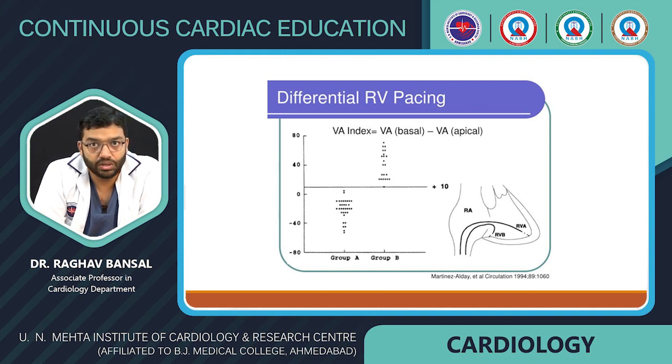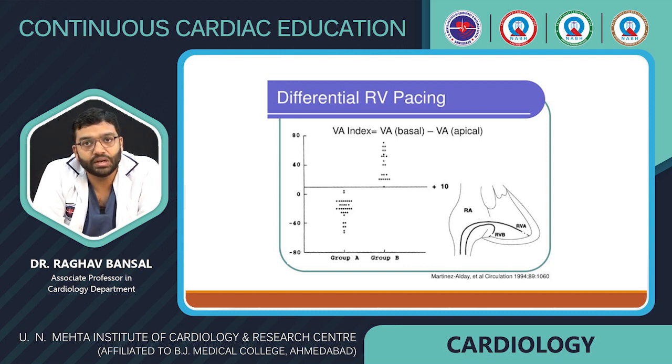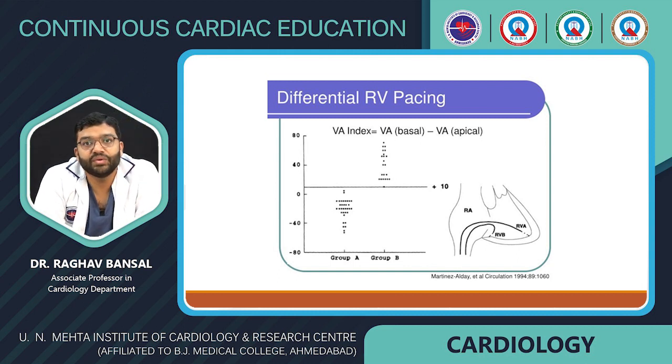Thus it takes longer as compared to the RV base, where it can directly capture the accessory pathway and reach the atrium earlier. So with RV base pacing, the VA interval will be shorter than with RV apex pacing in the presence of an accessory pathway. While in the absence of an accessory pathway, where we have to capture the conduction system,